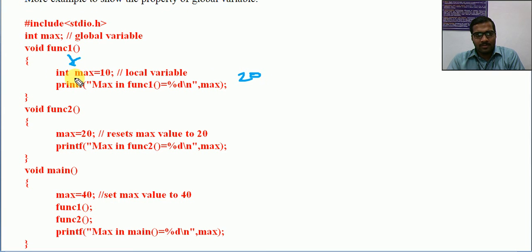So function 1 is being called, initially it is assigned 10, then I change that to 20. In this case it is not possible because it is an automatic variable, but if it is a static variable, initially it is assigned 10, then changed to 20, then we come out of the function. Then if I call function 1 again, max equal to 10 is wrong; what is the value of max next? It will be 20. Whatever updated value is assigned to that static variable will be retained even after coming out of the function. So that is the difference.